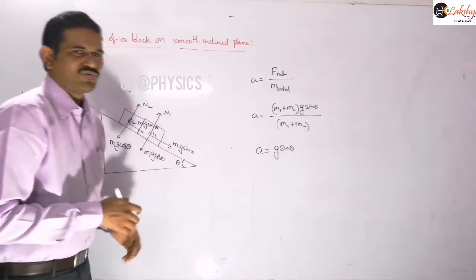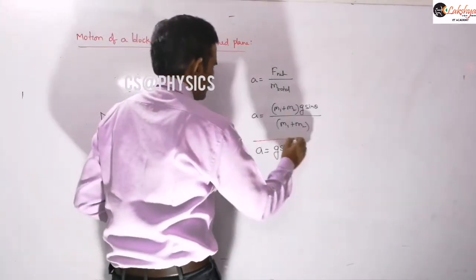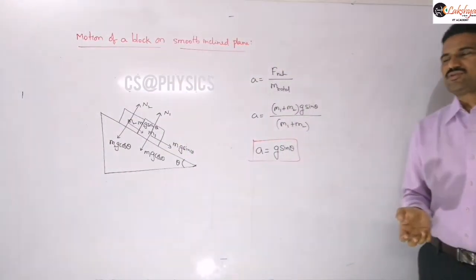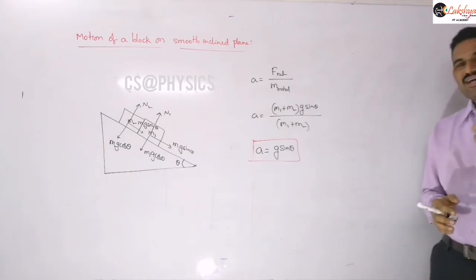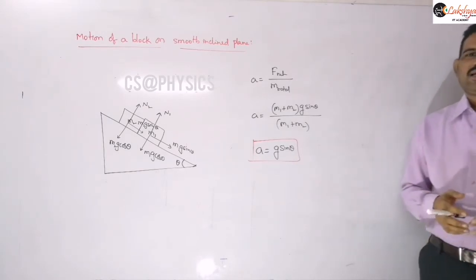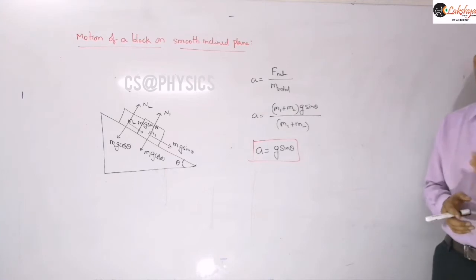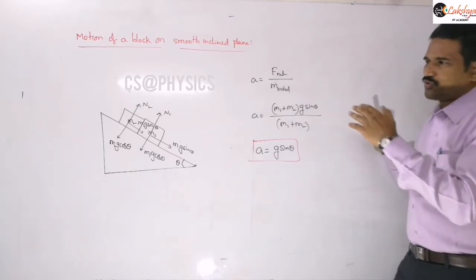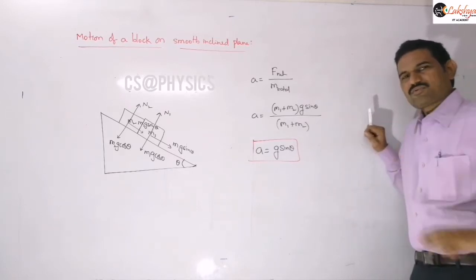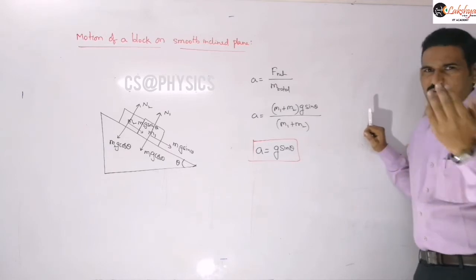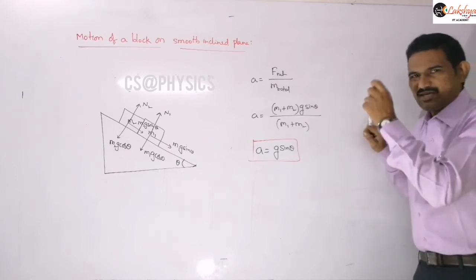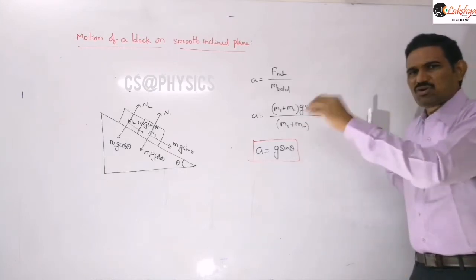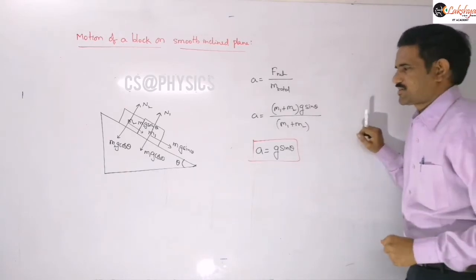This is the same as that of a single block. That means if two blocks are sliding in contact with each other, or even if you place 3 or 4 or any number of blocks, they will come down with the same acceleration. The acceleration of each block will be the same if the surfaces are smooth. Every body placed on the inclined plane will come down with the same acceleration, g sin theta, independent of the mass of the object, which we already mentioned in our previous discussion.